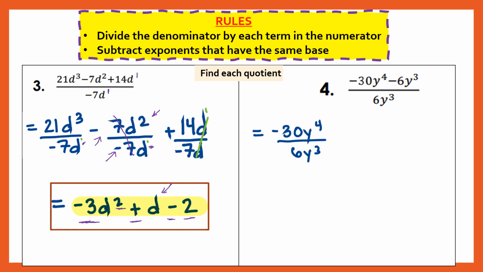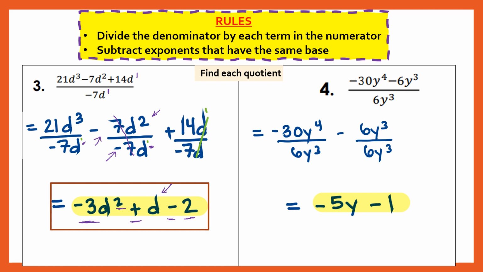So I have negative 30y to the fourth divided by 6y to the third, and minus 6y to the third divided by 6y to the third. So a lot of canceling out going on here. And so I'm going to divide